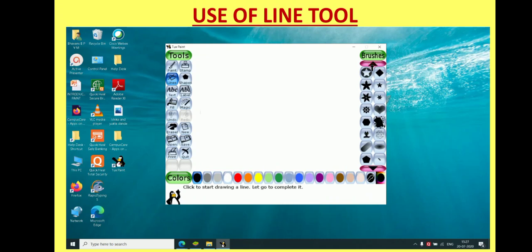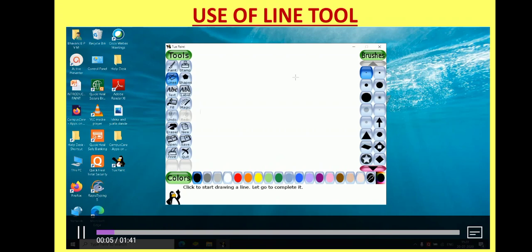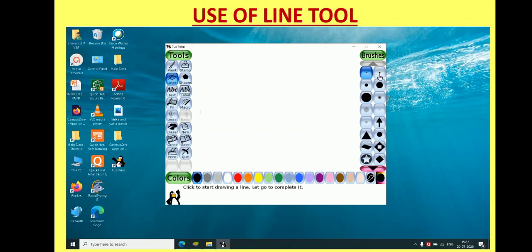By clicking on this top and bottom arrow, you can see all the options available. You can make lines of different thickness, or you can make lines of these symbols like star, triangle, etc.